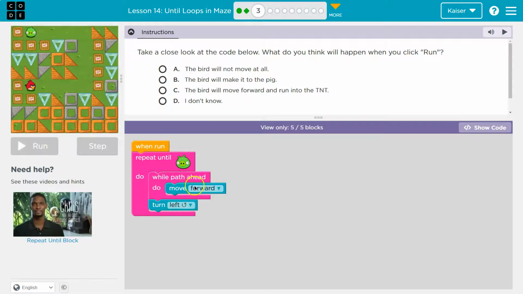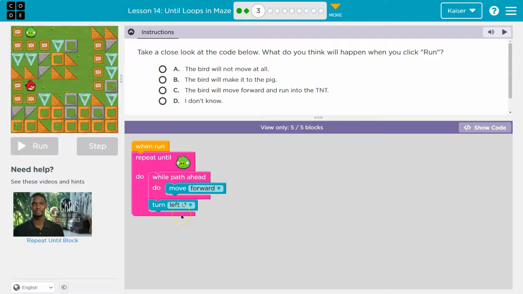Bam, hits, zoop. Is there path ahead? There would be. Hits the bottom, zoop. Is there path ahead? Yep, and I jump here. Zoop. Is there path ahead now when I'm here? False. This is now not true. There's no path ahead. So I just drop below and run the next line of code. Turn left. And my character will turn left.